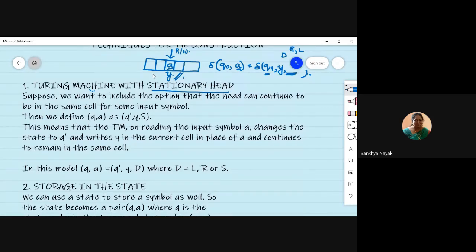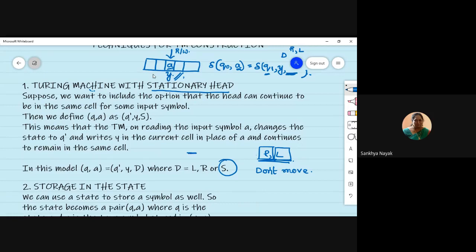So what we will do is very simple. If I say you cannot move left or right, you have to stay in a place, but you do not have a choice of not moving. I'll repeat it if I have confused you. In the Turing machine moves, it's compulsory to move right or left. The moves are either right or left. But now I'm telling you, stay in place. S is stay in place.